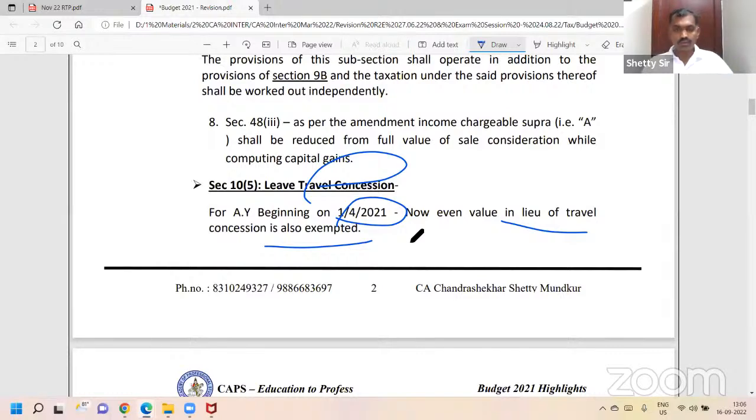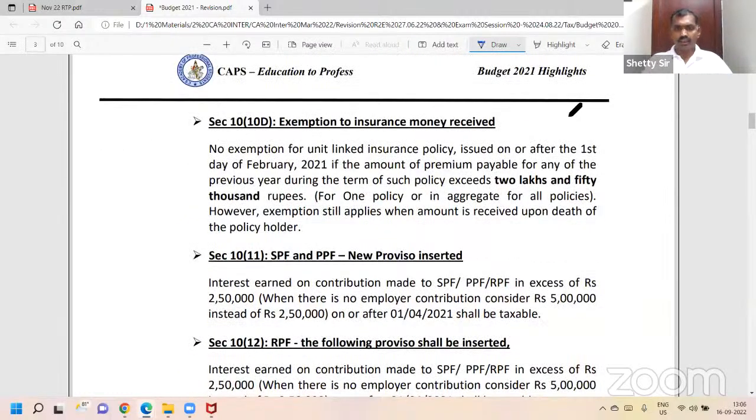Next, 21-22, 10(10D). This is what we discussed in yesterday's last class. When the policy premium amount is more than 2,50,000, it is taxable. I think I did it in one of the last sessions. This is the budget, I just go through it. Almost the majority of the provisions we discussed. However, it is not applicable when there is death of the policy holder. Same thing in SPF and PPF also, ditto provision. For PPF, I said when there is no employer contribution, instead of 2,50,000 you would consider 5 lakh